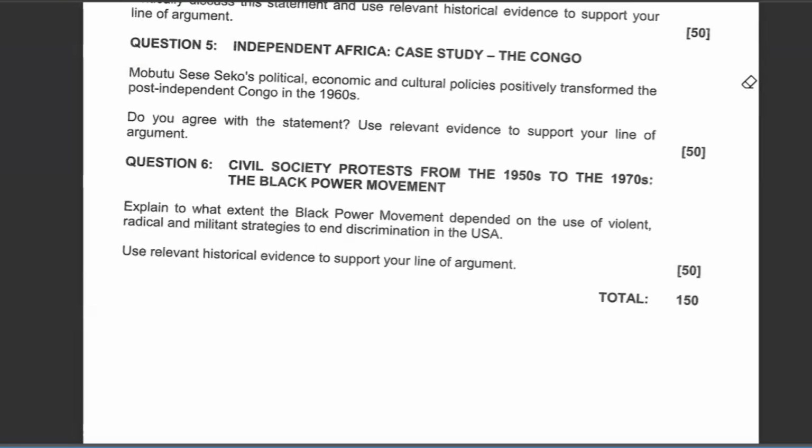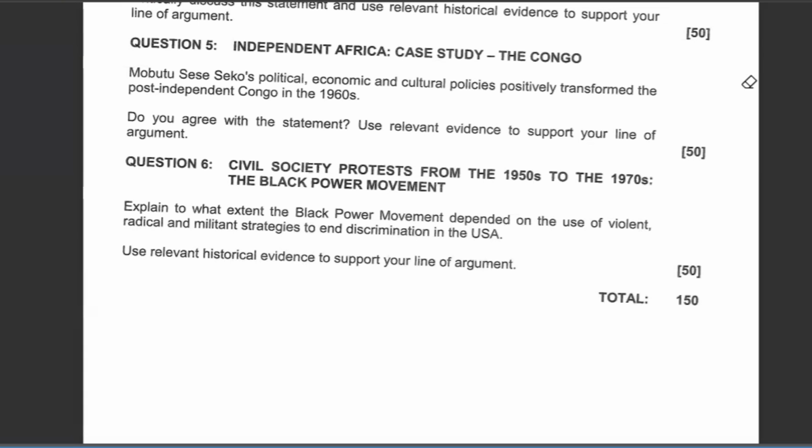My first point, which I will try to create a paragraph based upon, is him getting into power. Mobutu got into power through a coup d'etat, through military force, through seizure of power from the president. The fact that he got into power through a coup d'etat is a clear indication that he was not the people's choice. Therefore, whatever he was going to do was not after fulfilling the people's demands, but after fulfilling his own demands, because he was not democratically elected.